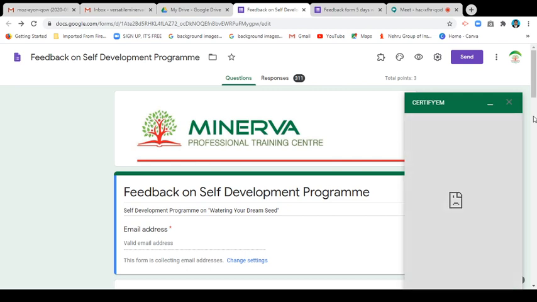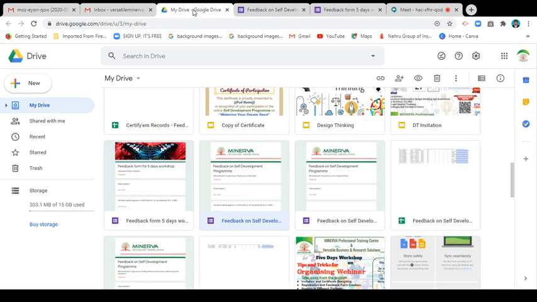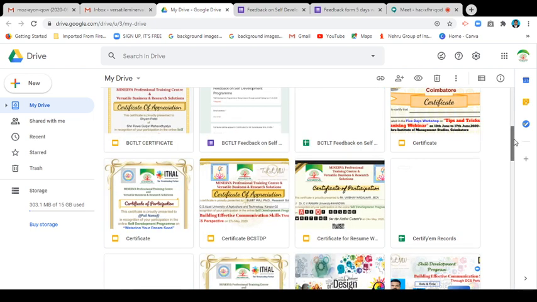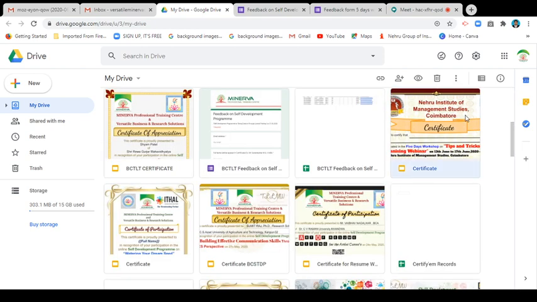Okay, so we will see the Certify'em features, if not possible now, in the next class. Now we go for generating automatic certificates in a non-Google Forms method. There we can use a method called Word. We will see how, with the help of Word, we can develop n number of certificates.